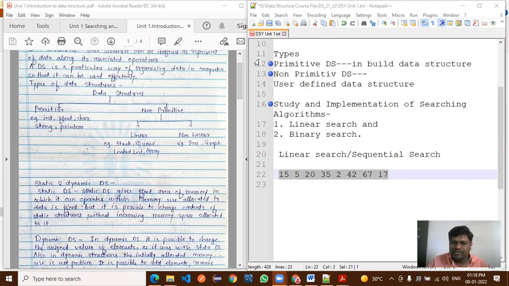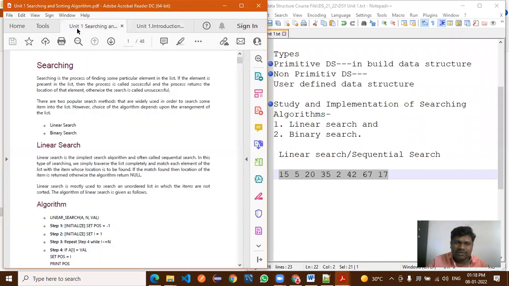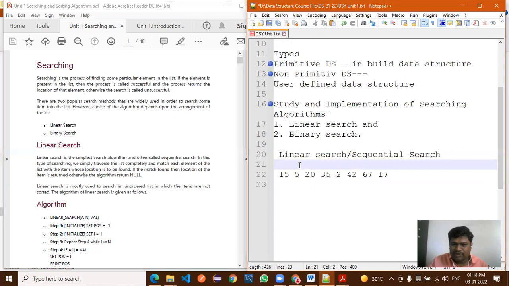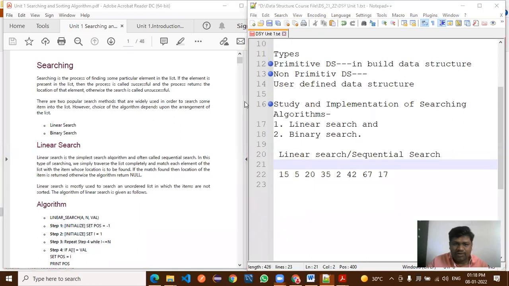Here I got the answer from a few students: array is primitive. Is it correct or wrong? What is an array? Is array primitive or non-primitive? Now I am expecting the correct answer from your side. Sorry. Now it is non-primitive, right?